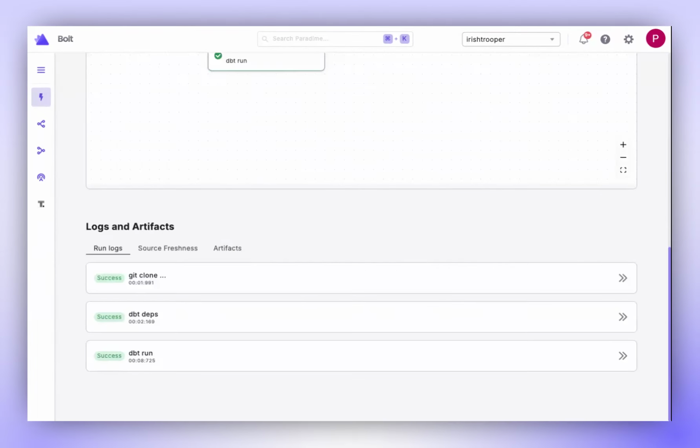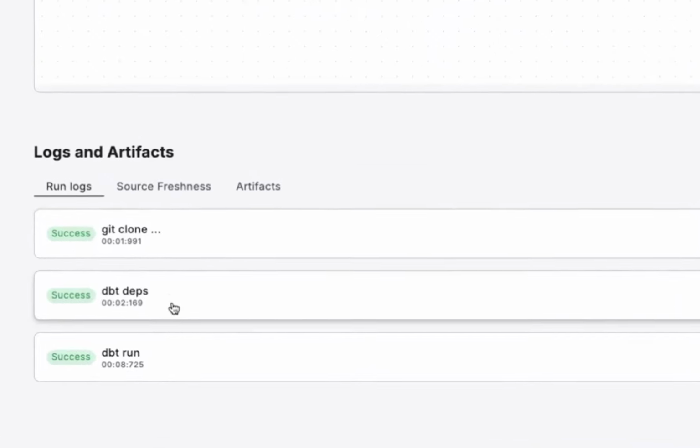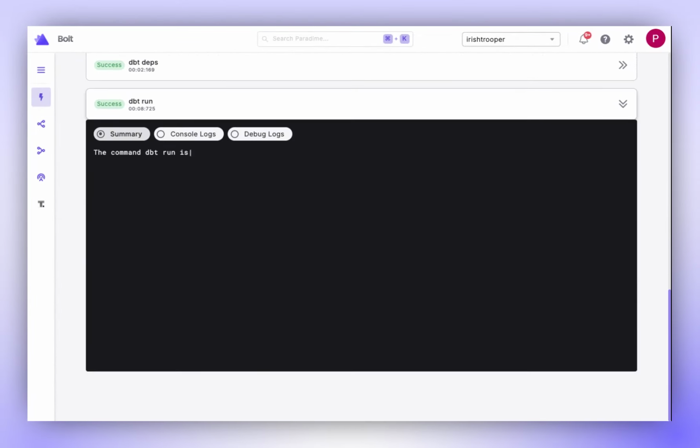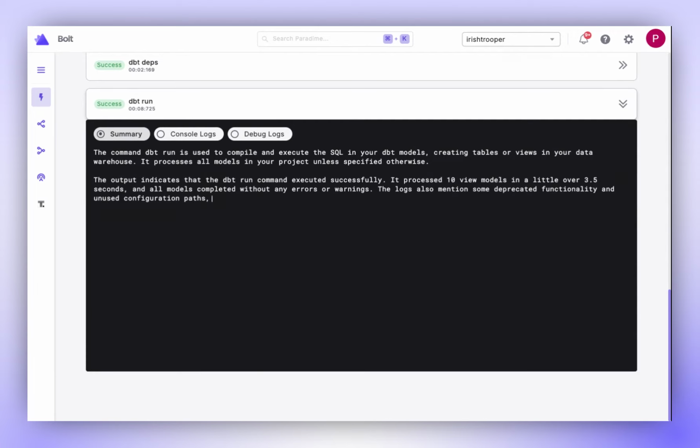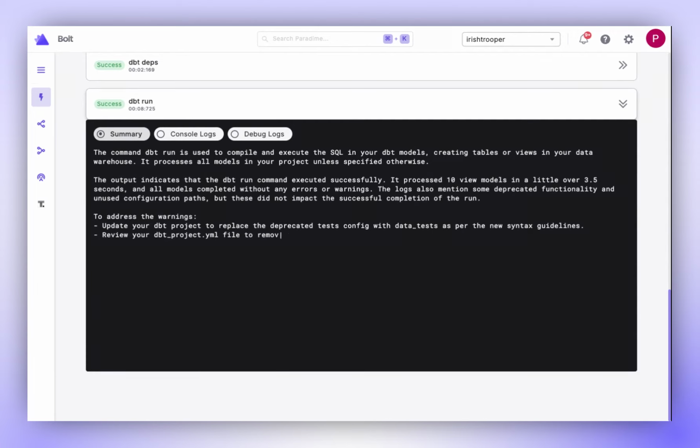then scroll down to Logs and Artifacts. Here, you can choose one of the specific dbt commands executed in your schedule, such as dbt run. The first log presented is the summary log, which provides a Dino AI-generated overview of the dbt command execution, including